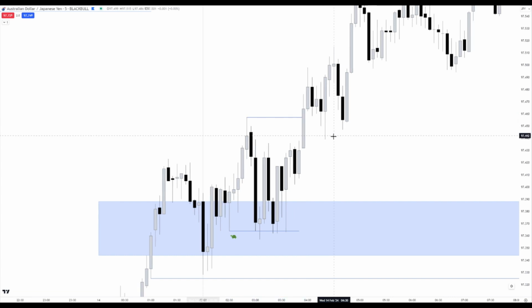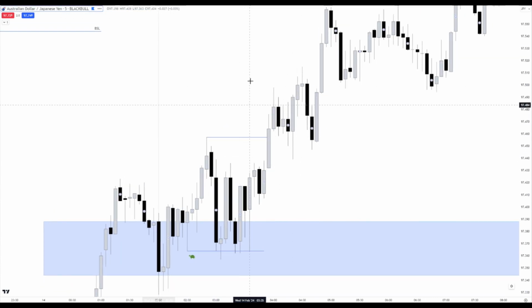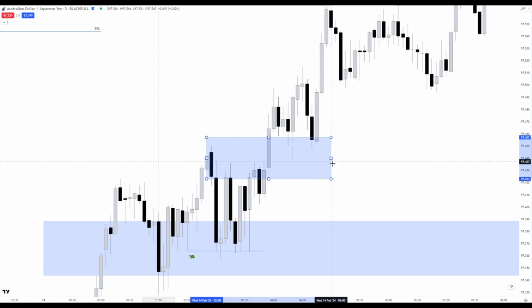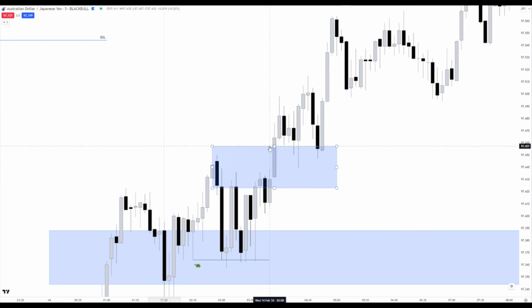Okay, so I saw this as a breaker, a bullish breaker in our favor. So I saw a fair value gap here too. So I saw this as a unicorn. This was a unicorn breaker, a unicorn setup, a fair value gap inside the breaker. Okay, so I put my entry here